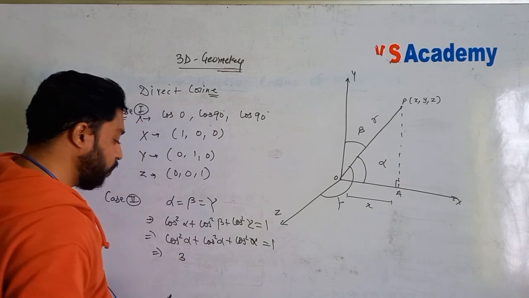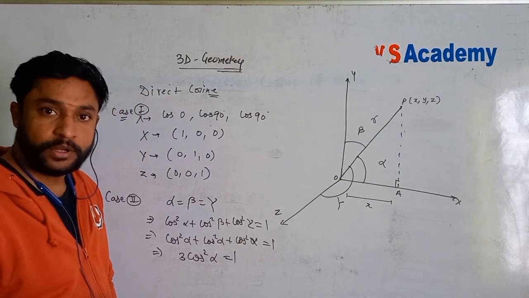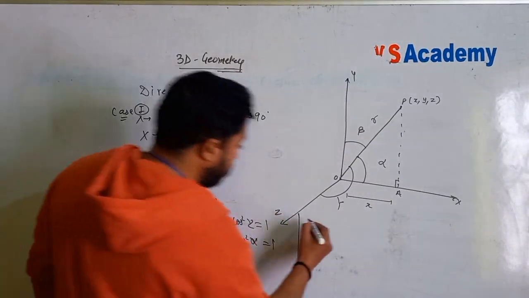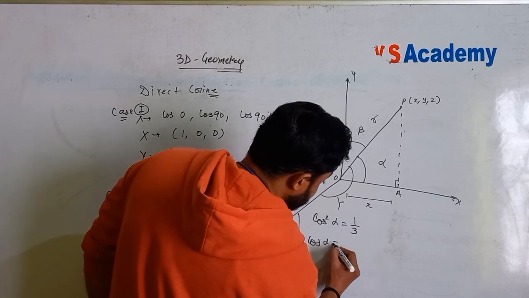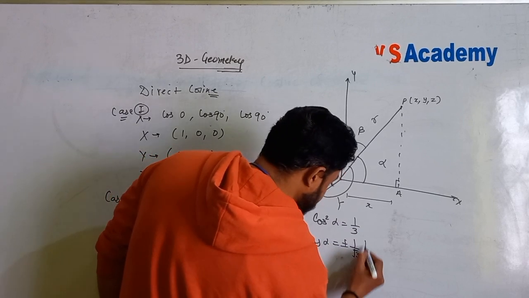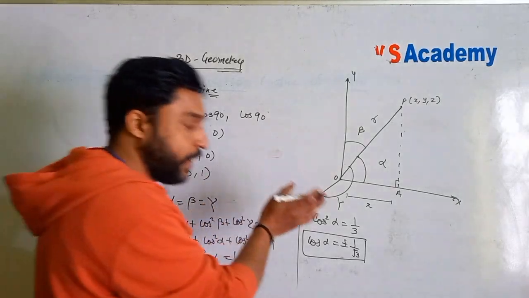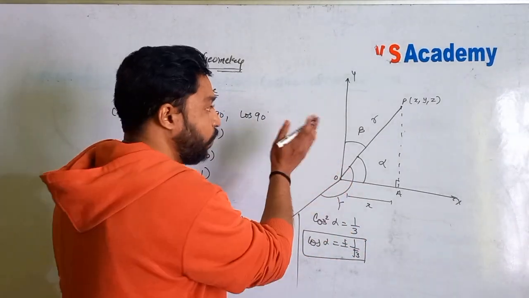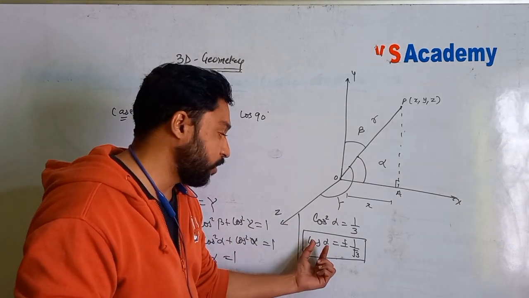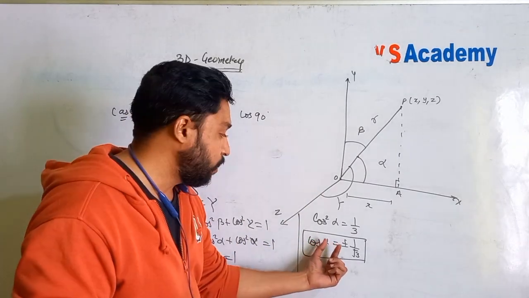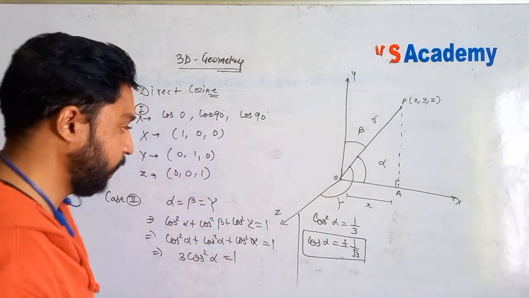So we can write down here 3, it becomes 3 cos square alpha is equal to 1, right? Also I can write down here cos square alpha is equal to 1 by 3 and cos alpha is equal to plus minus 1 by root 3, right? When a line makes an equal angle with the positive direction of the x-axis, y-axis and z-axis, then the direction cosine will be cos alpha is equal to plus minus 1 by root 3. I hope you understand. Now we can write down